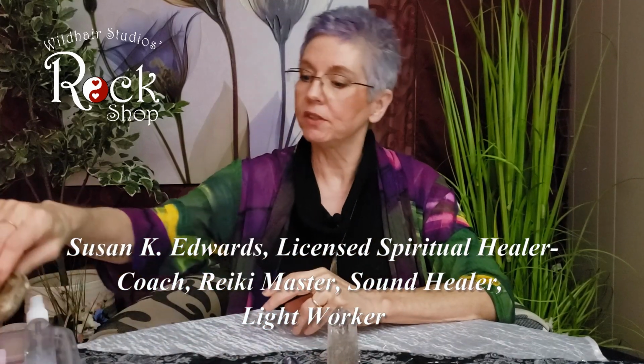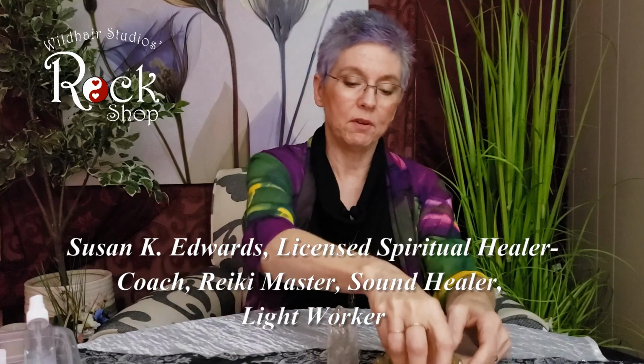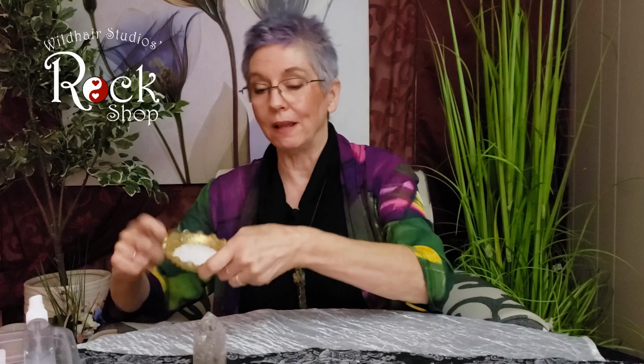Next way to clean your crystals. You can actually have a little salt pile, a lovely little dish, and you could keep your crystals on the salt. That's going to help keep them clean. It's not as effective as putting them on a charging